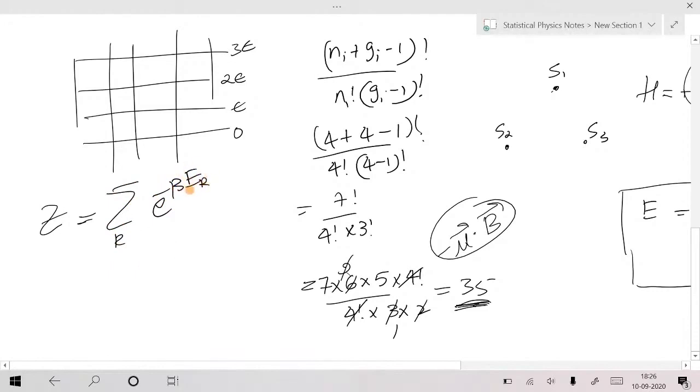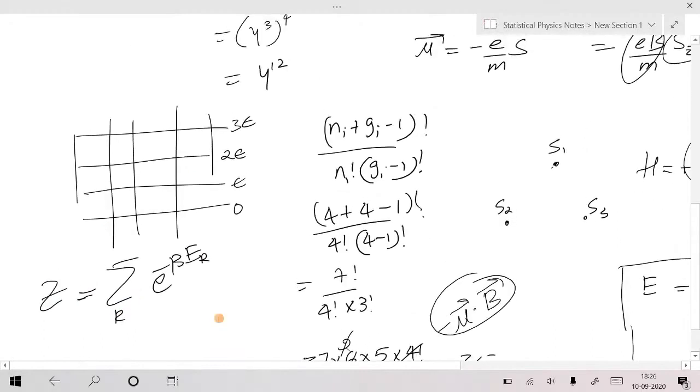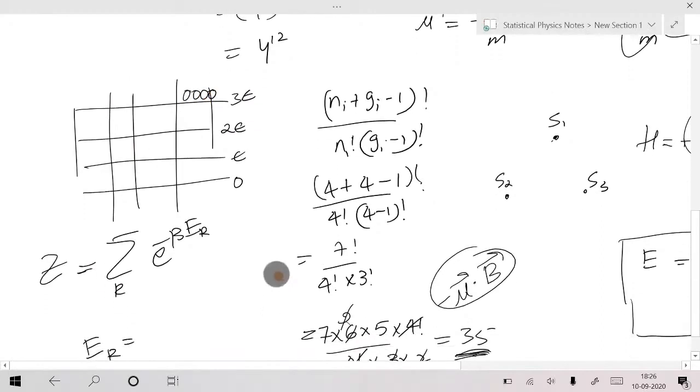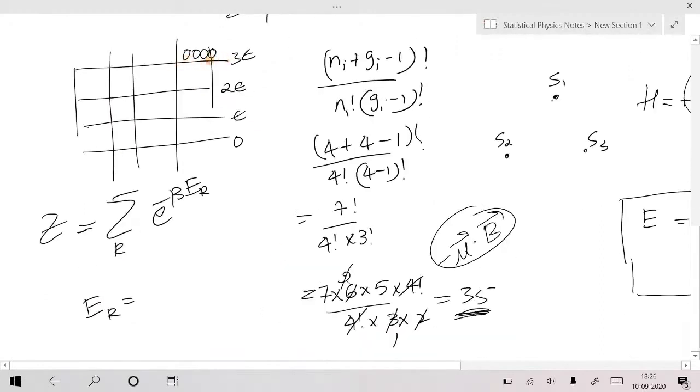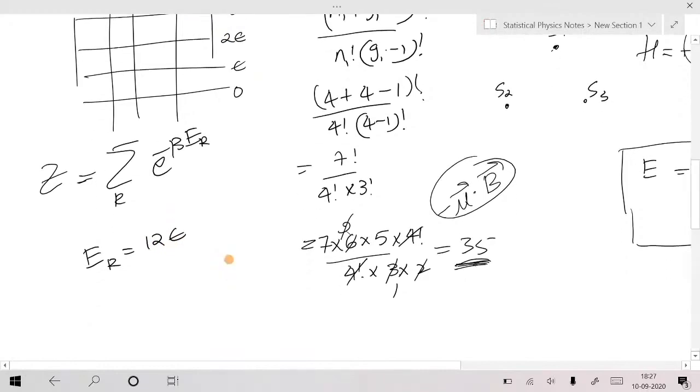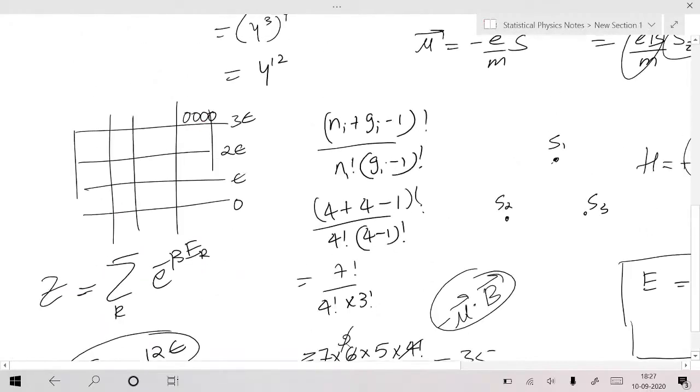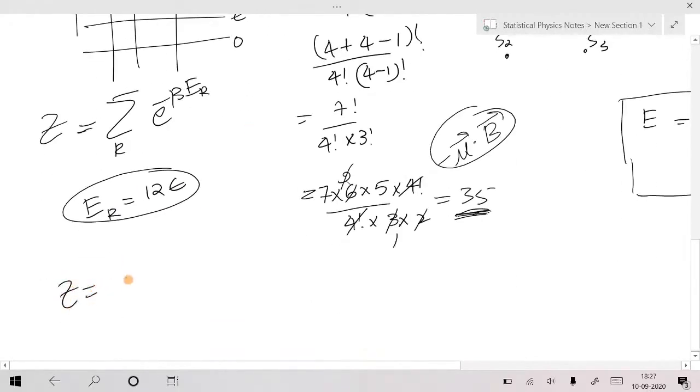Am I right? Where E_r is the energy of the total system. What is the maximum E_r that you can get here? When all particles are here, it's a boson. When all 4 particles are here, what is the total energy? E_r is equal to, that is the maximum energy, 3 into 4, 12e. Can I write like this? 12e. So for that particular possible state, your part of the partition function is equal to